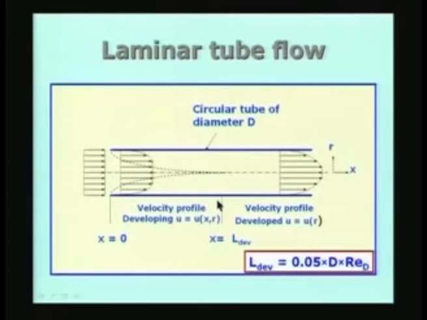Laminar tube flow exists if the Reynolds number is less than about 2000, a little more than 2000, but for our purpose we will assume that laminar tube flow is guaranteed in an apparatus used for measurement of viscosity by requiring the Reynolds number to be smaller than the critical value. You can take, for example, a value like 500 or 1000, which would be good enough for experiment purposes.